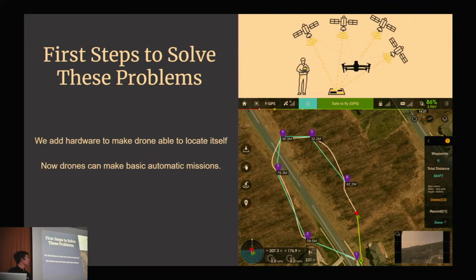Moreover, people solved, easily, and maybe not as easily as it sounds, the problem with navigation. If we go outdoors, we are able to use a GPS antenna with a receiver in order to know the global localization. Thanks to this ability, when people put the GPS and integrated it with the flight controller, drones were able to make automatic missions. We could pinpoint waypoints where we want the drone to go, and it was able to make these